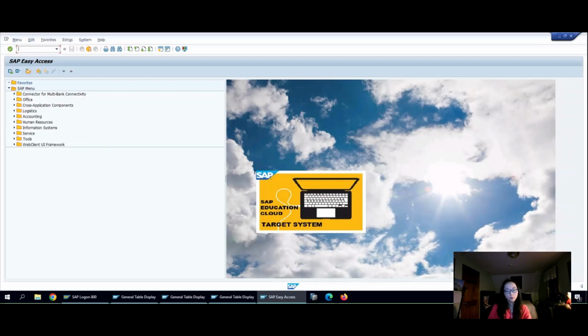Alright, now I'm going to show you how to run a table in the background. Why do you run it in the background, you may ask? The reason you run it in the background is you don't want to tie up your work in the foreground. And when you run a table that has thousands of lines of data, it's beneficial to do that in